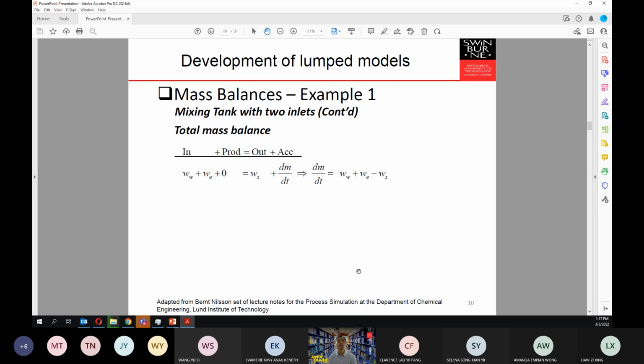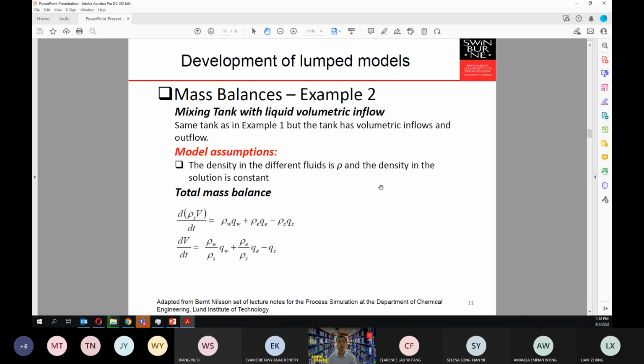Okay, so meaning what we will have is essentially an accumulation, because the inlet rate is not the same as the outlet rate, right? So we have two inlets, water plus the ethanol, and then we have the stream S that comes out from the tank plus the accumulation in here. So the rate of the mass change with time will be equal to the input minus the output. Now, what is important in here is for you to check the units. Okay, I have iterated that in my video, so you try to go and play that video again to see things in more detail.